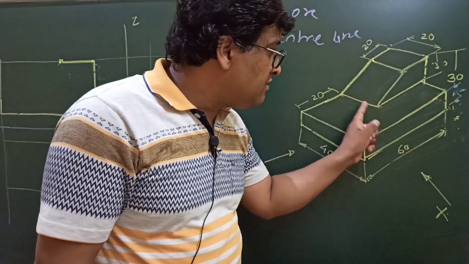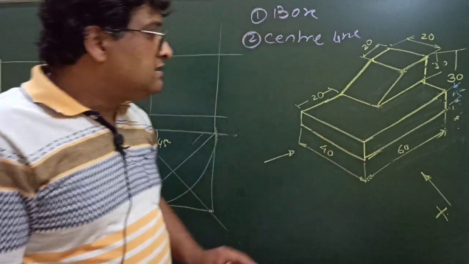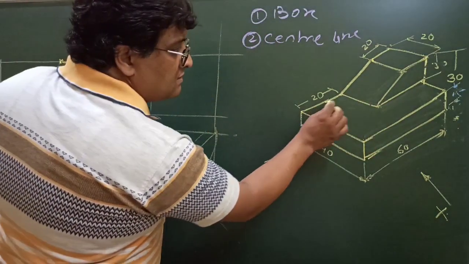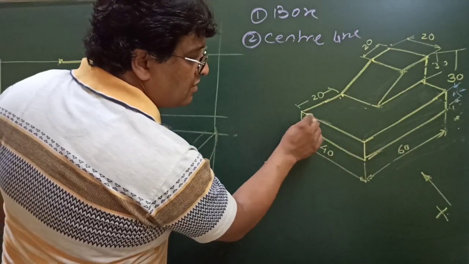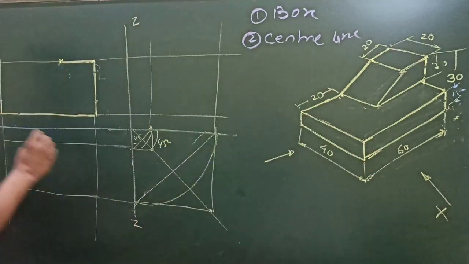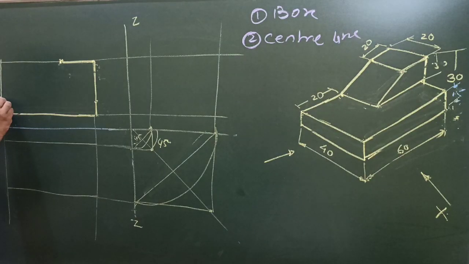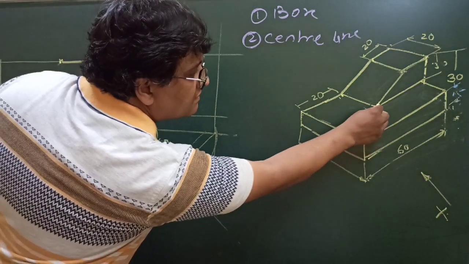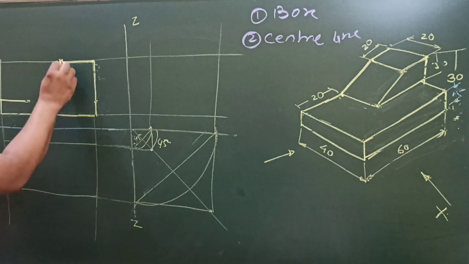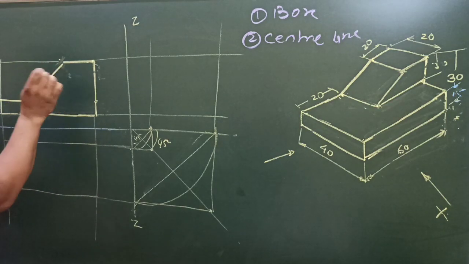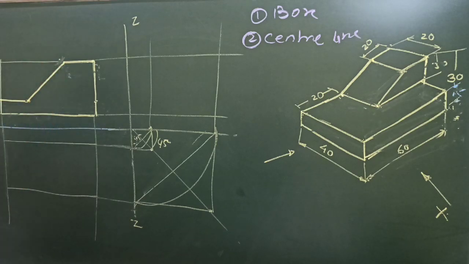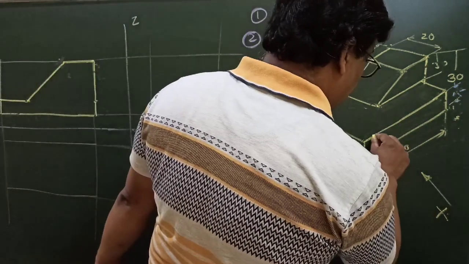Before drawing this plane, you have to mark these points. So this can be drawn. This point is 20 mm from this corner, means this corner, this corner and this corner are coinciding. So from here you move 20 mm towards this direction, so as to mark this point. This point is nothing but this point. Now you can join this point and this point, which are the tilting point, like this. So this is our front view.